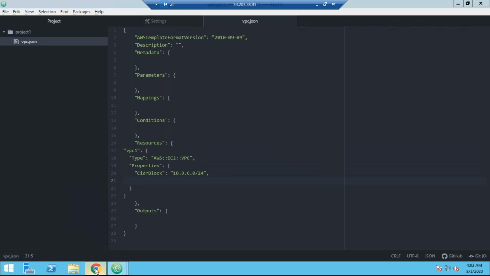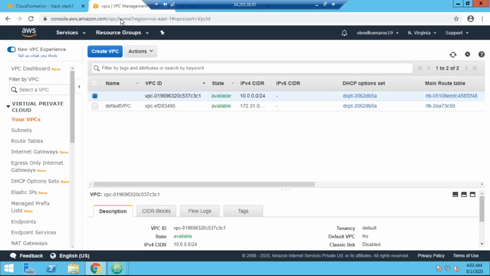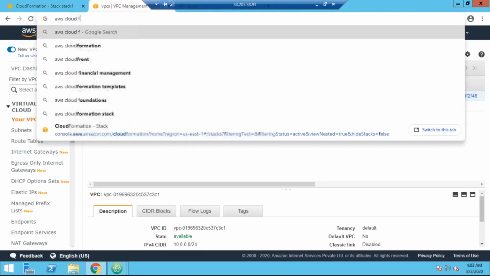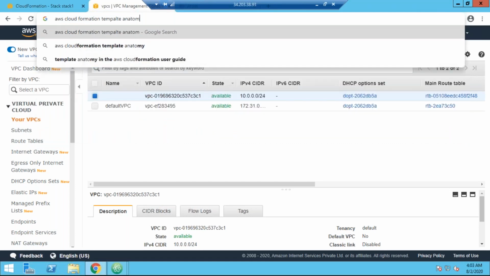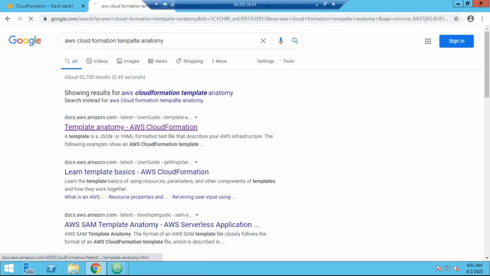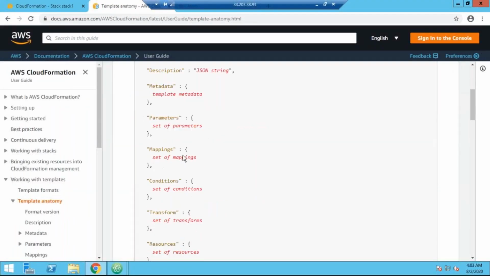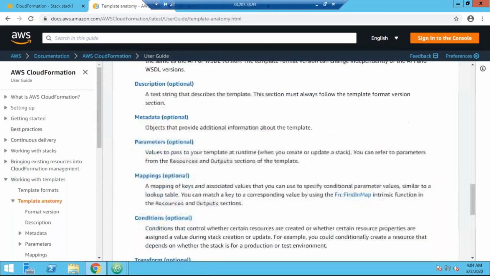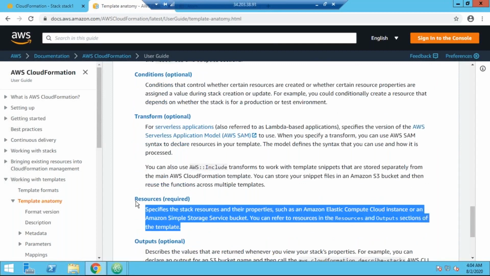We can check each of the sections in the documentation, the AWS CloudFormation template anatomy document, which describes each section. The Resources section is a required section. All other sections are optional.